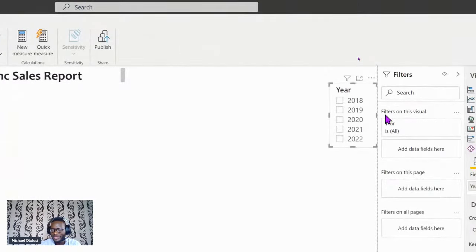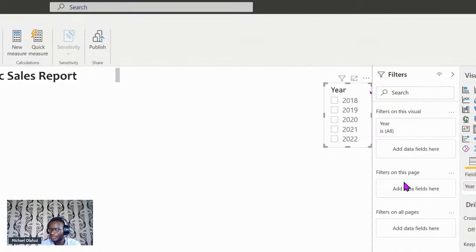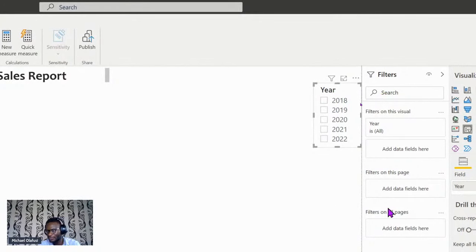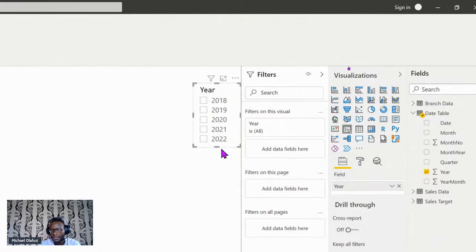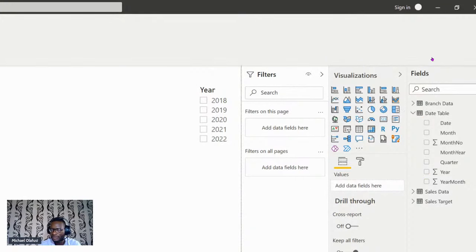But because this session is just to focus on Power Query, I want to let you see the problems I'm going to face and show me fixing them with Power Query. That's why I'm just going at it this way. Naturally, you should do all your modeling before you start building the report itself. So I'm going to come here.